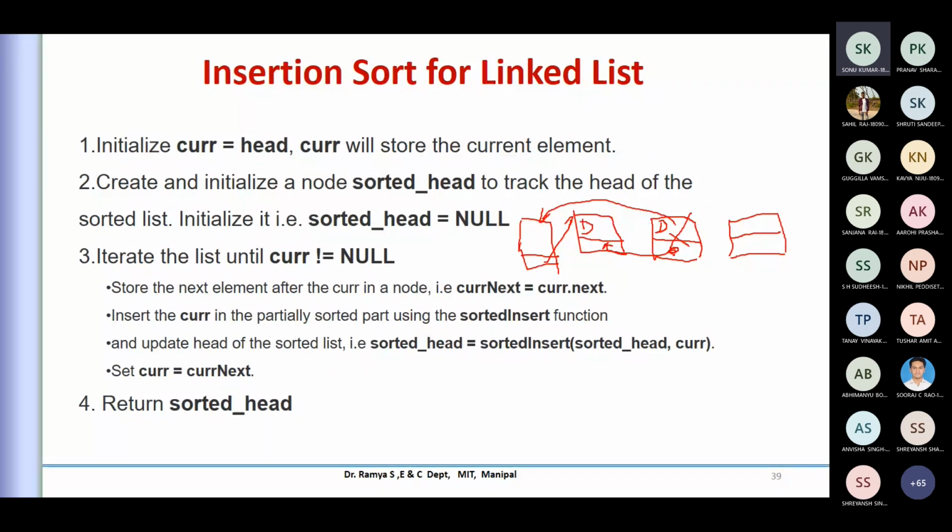That is an extra step we have to do for a linked list compared to the array. In an array, we need not restore the address, but in the case of a linked list we have to do that. So the current is now pointing to the new element; this will be the header for me, this will become the current element. Again it will be compared with the data of this. That is how the iteration happens. Is it clear for you?